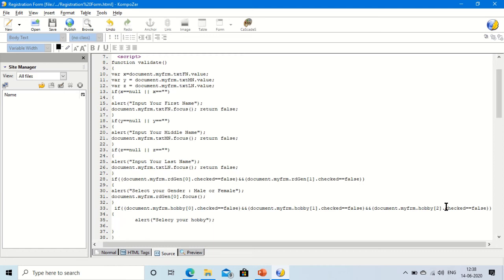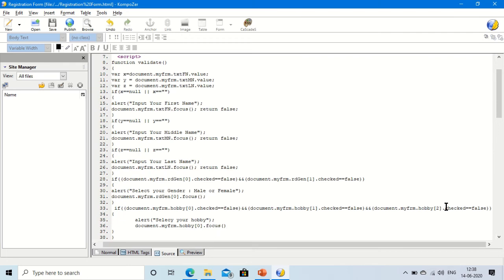and if the user has not selected and clicked on submit button, then we need to pass the cursor to those checkboxes. So we have to give here one more code, that is document dot myfrm dot name of the checkbox, that is hobby 0 dot focus.